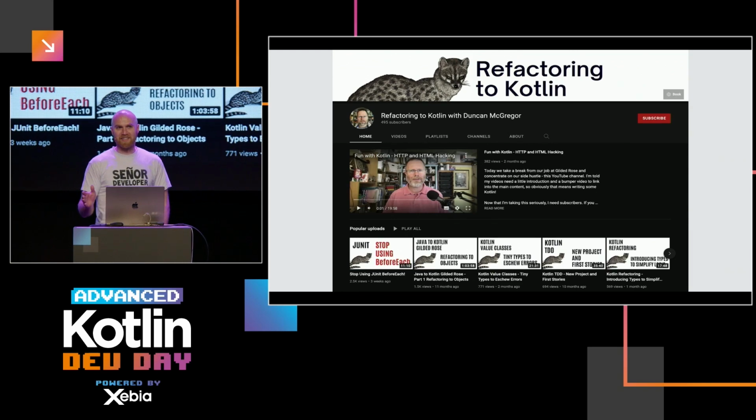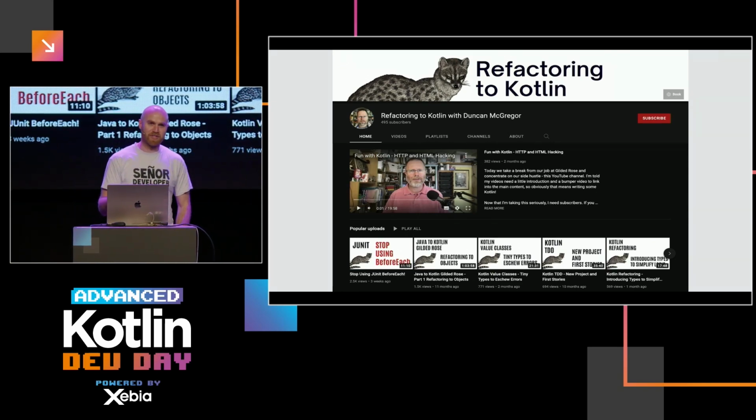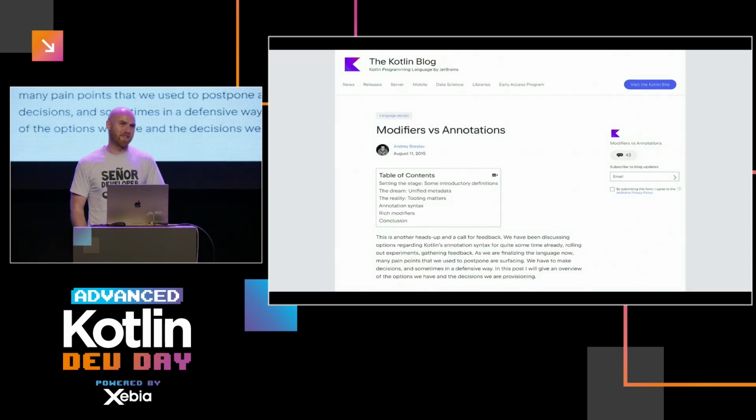To make it clear, the name of the talk is based on this book, which is the Java to Kotlin Refactoring Guidebook. Maybe I was too clever, I replaced Java with Spring, and I was trying to allude to the fact that Spring adds so much functionality through annotations that it's almost a language on its own. To back this claim, in Kotlin, if you didn't know, there was no distinction between keywords and annotations. They had to change it for pragmatic reasons, but that was the thing.